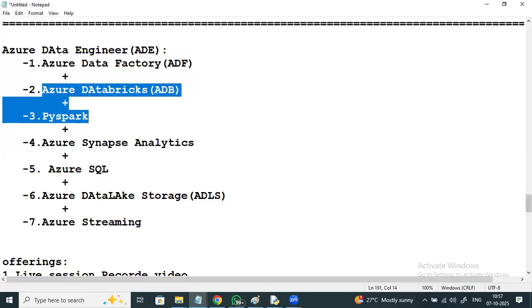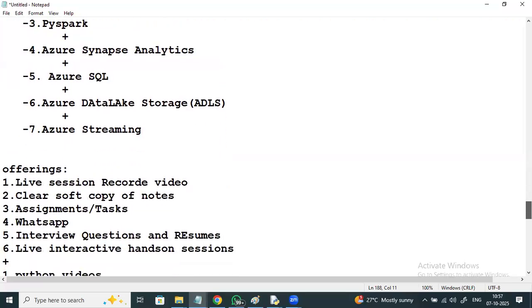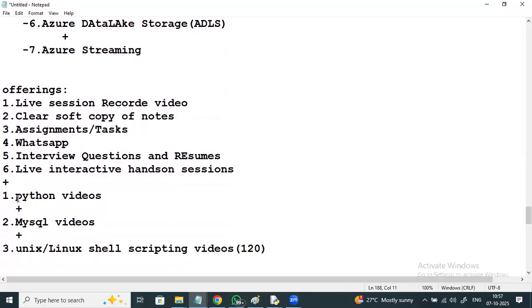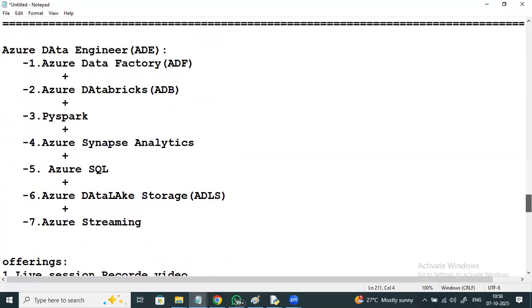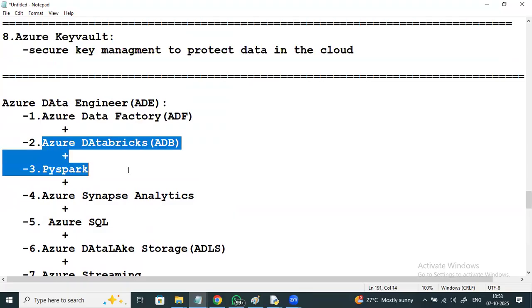So for the next 25 to 30 days, I'll be discussing Data Factory. Meanwhile, you can go through the Python videos step by step. Everything is explained there. And before I start Databricks PySpark, I'll refresh all the Python syntaxes.